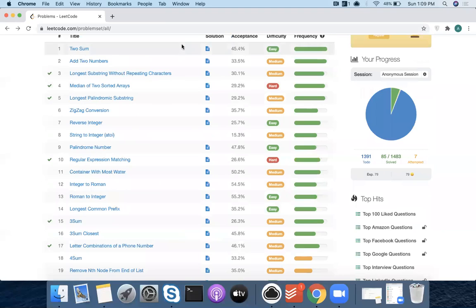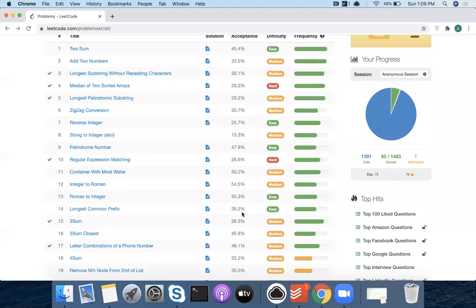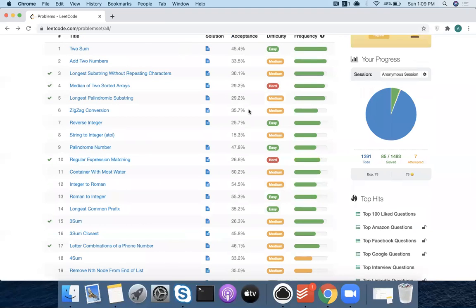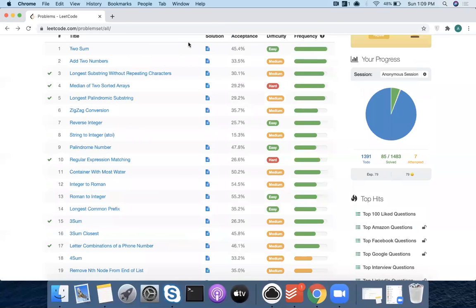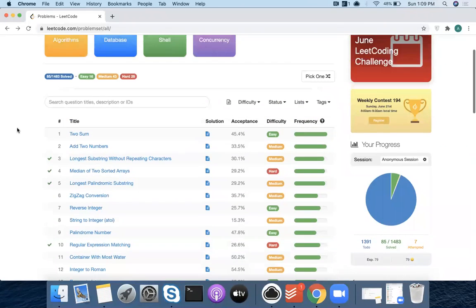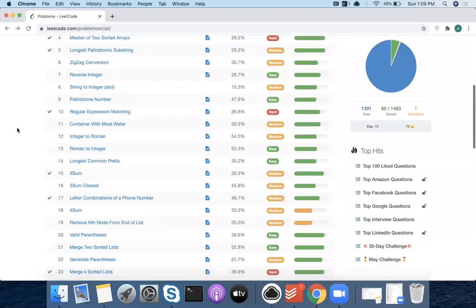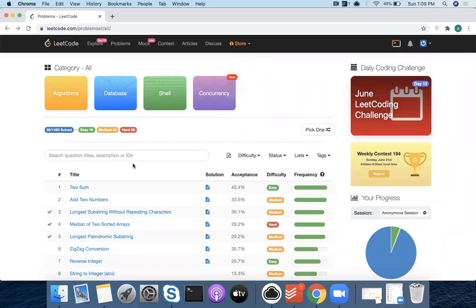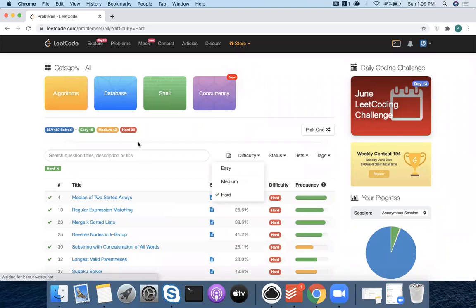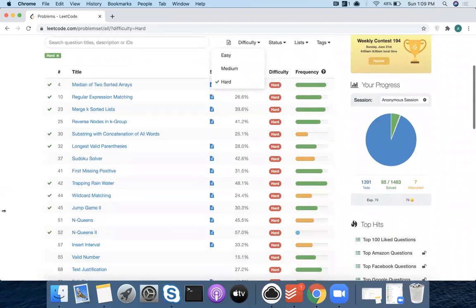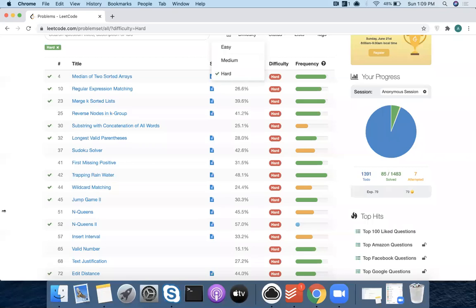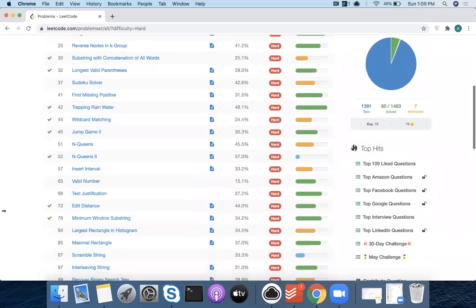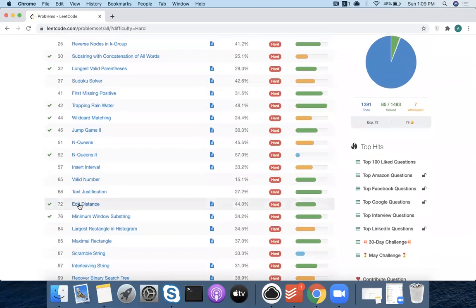Do you guys know about heaps? Yes. How many people don't know about heaps? Let's just do it this way. It's okay if you don't know. We will do some other problem. Let's do this.